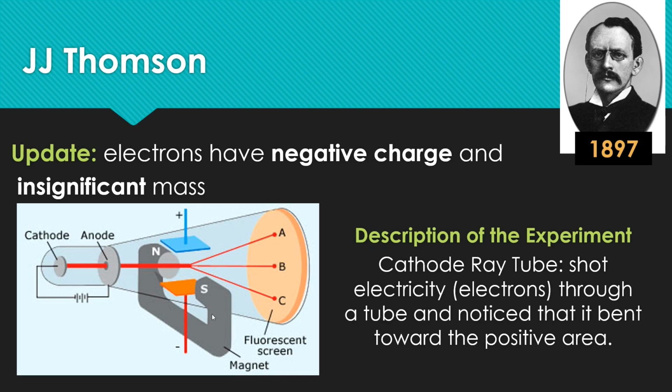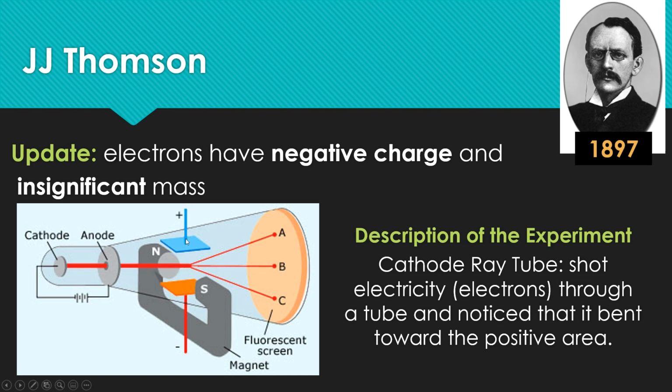Thomson, 1897. I don't even know what 1808 was, the other one. So almost 100 years later, he's playing around with atoms. We've figured out how to have electrons move around. Electrons were sort of electricity, and he thought, all right, well, what is the charge of electricity? Is it positive? Is it negative? Is it no charge? So he was the one who figured out that electrons have a negative charge and they have insignificant mass. So what he did was he shot electricity, so a stream of electrons, through